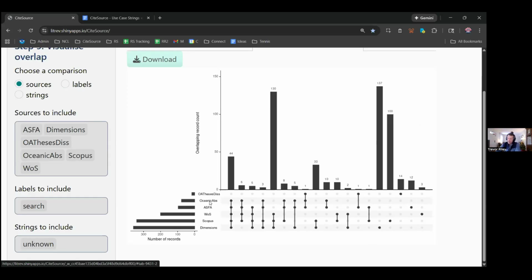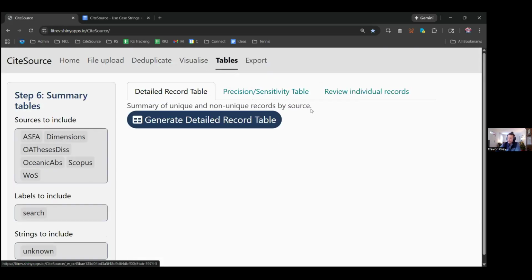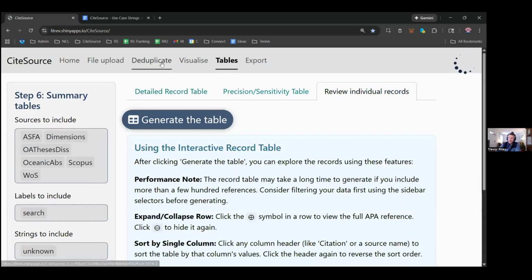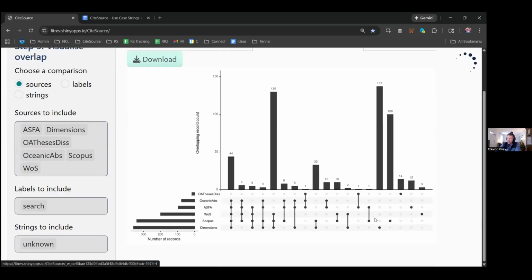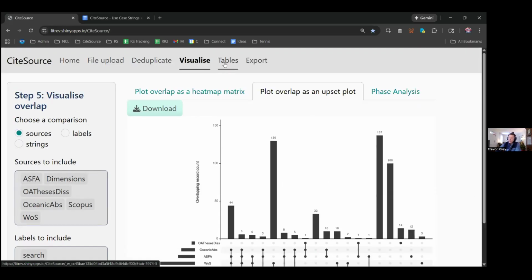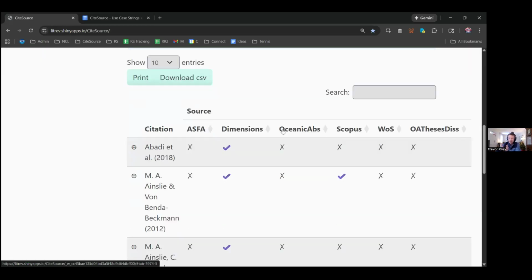But you can see then that it could lead to a decision that, hey, we don't need to search this resource. We don't need to add more deduplication. We don't need to add more time. And then later on, you could go to the table here. Let's say maybe you have 10,000 results and there are 50 unique things, and you wonder if that's really that valuable. What are those 50 things or those 5 things? That's where it helps speed up the process, because you can go here and say,